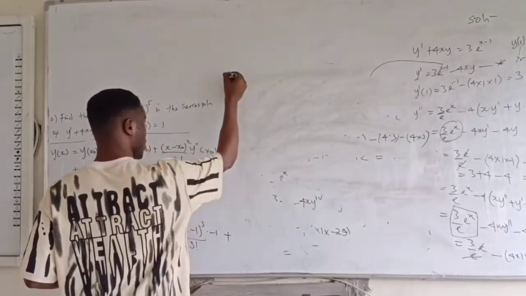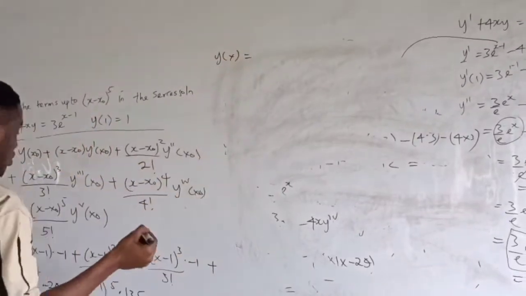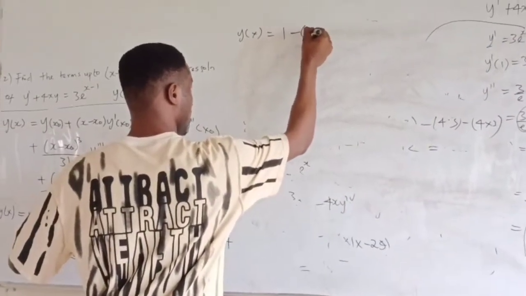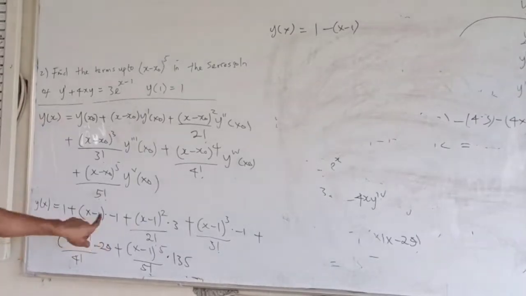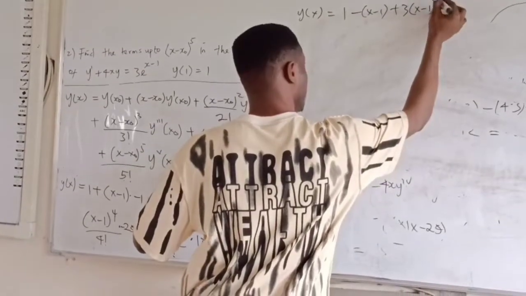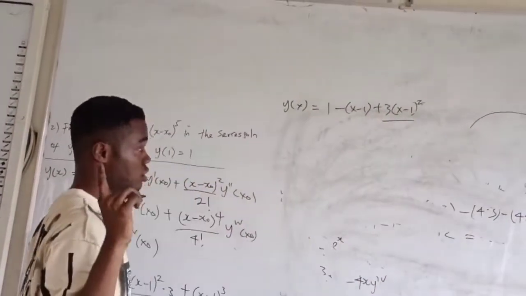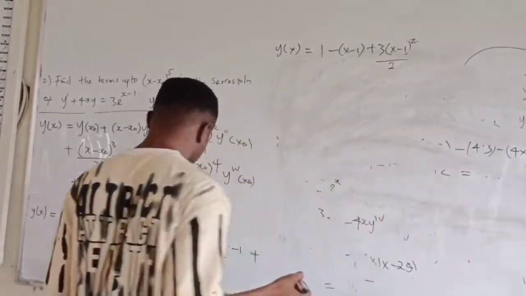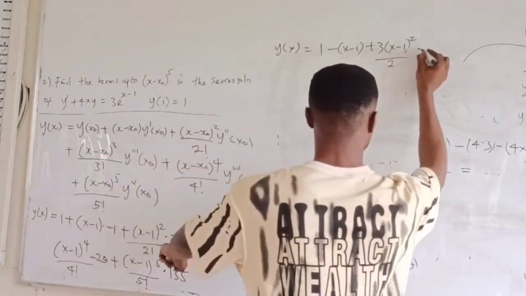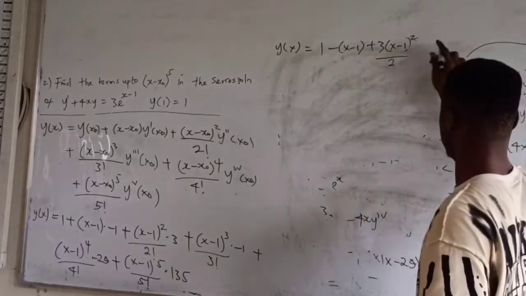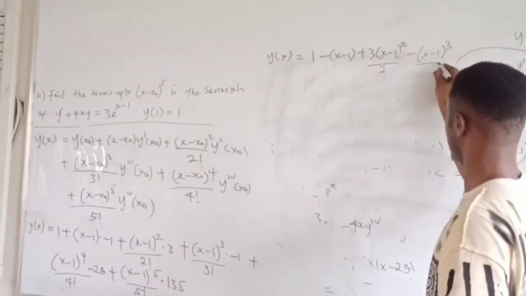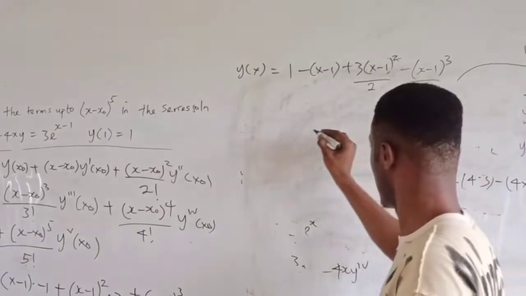So I have y of x is equal to 1 minus (x minus 1), plus 3 times (x minus 1) to the second power divided by 2 factorial, which is 2, plus negative 1, which should give me negative (x minus 1) to the third power. Now 3 factorial gives me 6, plus